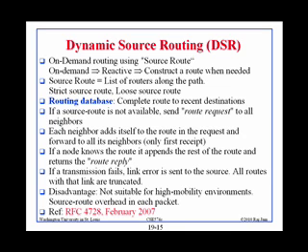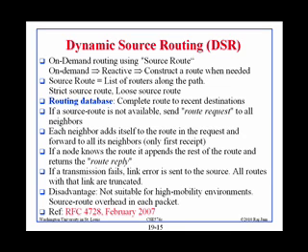If the transmission fails, a link error is sent to the source. All routes with that link are terminated. So suppose you have a route which says go from 1, 3, 5, 7, and 3 to 5 doesn't make it. Then the source is informed that 3 to 5 is not making it, and it will throw away all the routes in its database that use 3 to 5. Disadvantage: not suitable for high mobility environments. Where things are moving, your cache is always out of date. It's not good. And the source route means packets are very big.